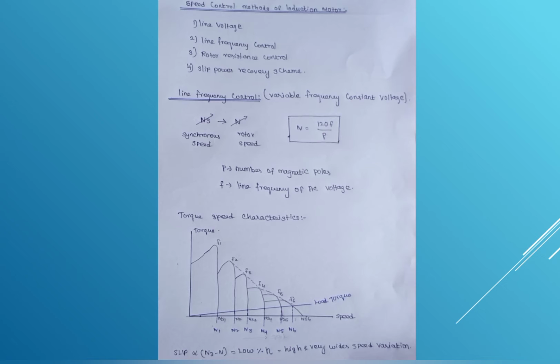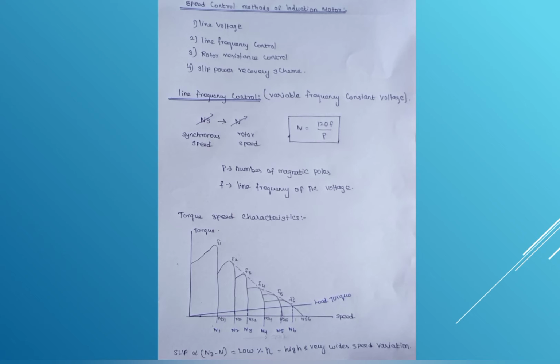Here V is equal to applied voltage and V by F is equal to 4.44 phi m N. Generally for an induction motor, 4.44 phi m N is actually a constant. So we can write that V by F is a constant. In this voltage against variable frequency, the frequency is increased till the rated value, but beyond the rated value voltage is constant. This is the characteristics equation of VF control of induction motor.